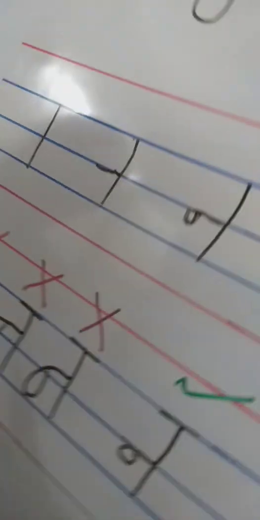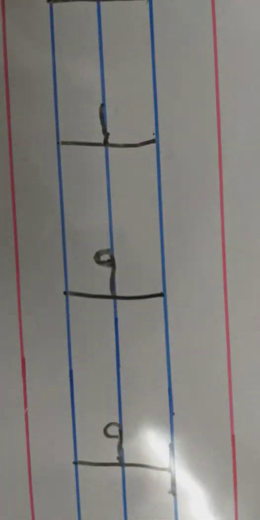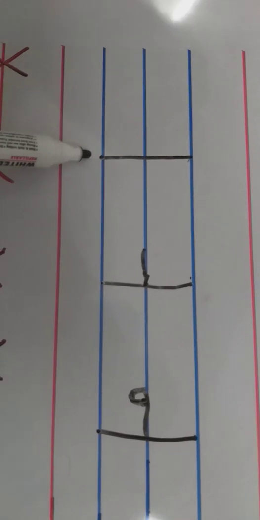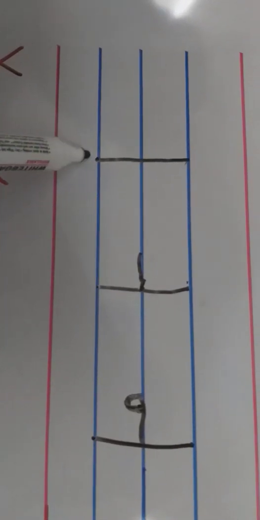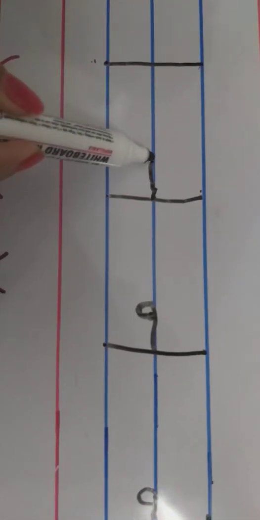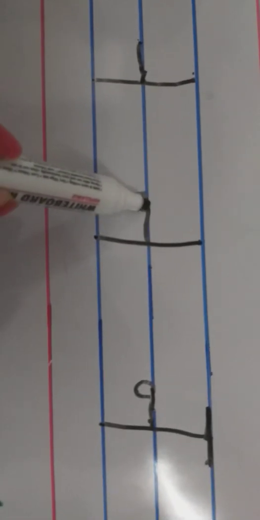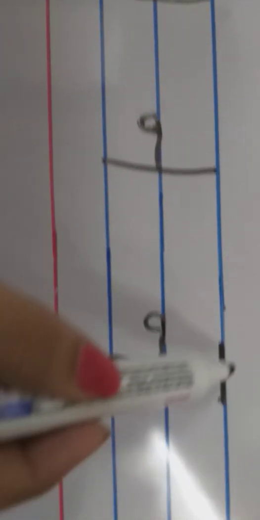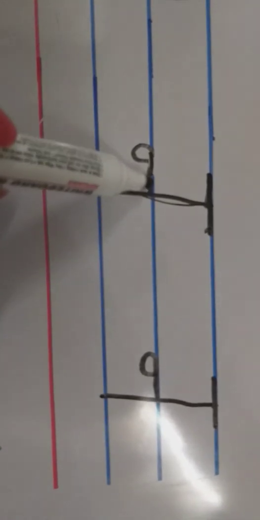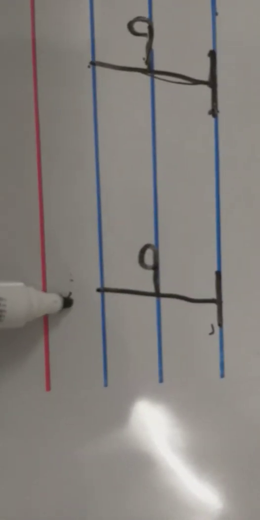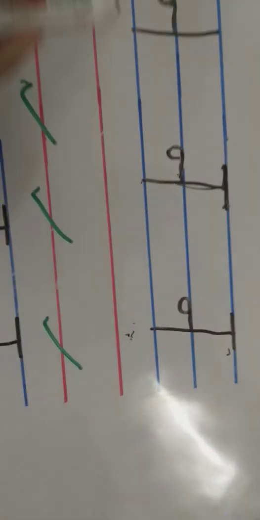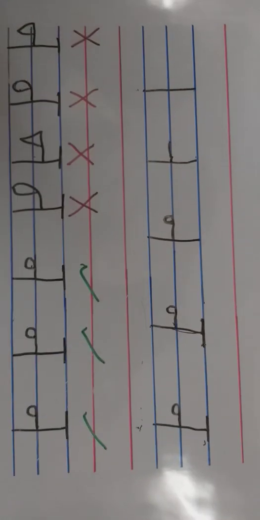So you have to follow the correct formation step by step. Papa stand, baby sleep, small circle on the baby sleep. Papa stand, baby sleep, curved line, and then small baby sleep on the papa stand only. So it will be the correct formation. You have to follow the correct formation step by step. Thank you.